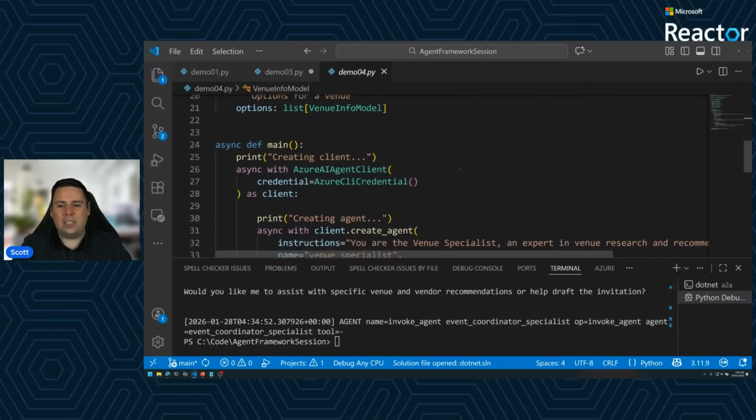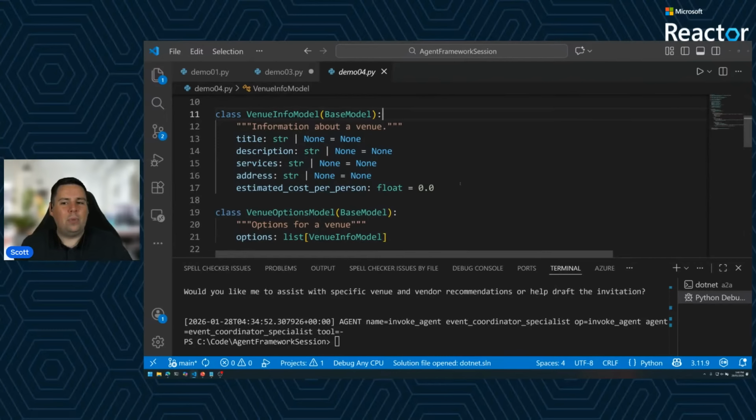Now, using these models is really nice because we can not just use primitive types, we can actually use things like lists and build more complex structures. We can do optional fields. The low-level implementation is just a JSON schema. So anything we can really define as that, we can do through these models. But I will say it all comes down to readability. If you're building structured outputs and you have a property called A, or a property called result, it doesn't really describe what should be in it. And the large language model will struggle to understand what should actually be placed into that property.